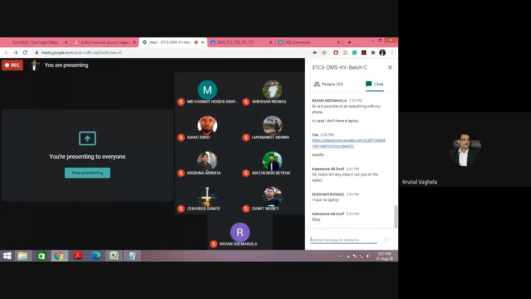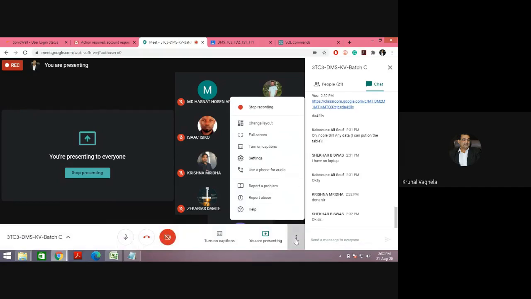Shekhar, you need to arrange a laptop, because without one it is not possible to perform the practical. Or see if you can use your mobile in the browser to do Apex and all, then you can check. I'm not sure. The Google Classroom app is also available. If you want, you can use the app. Okay, then you start performing the practical.